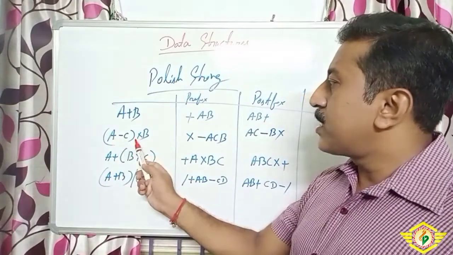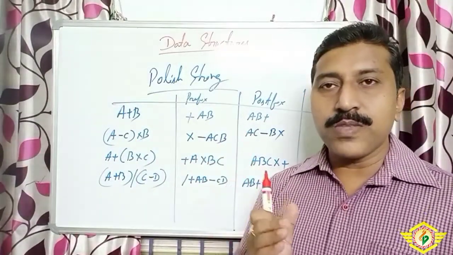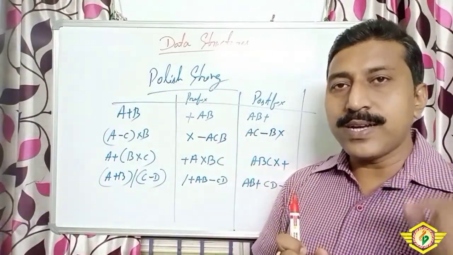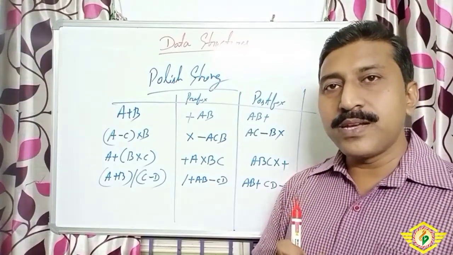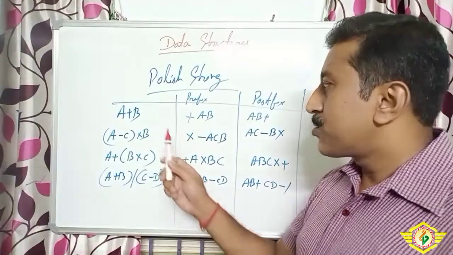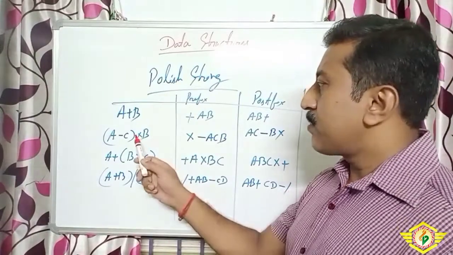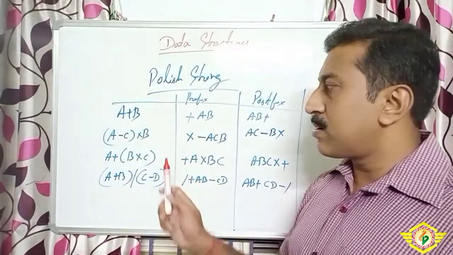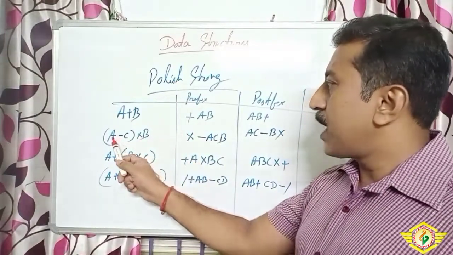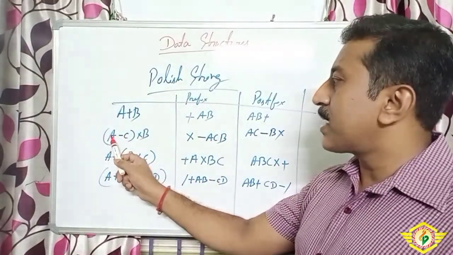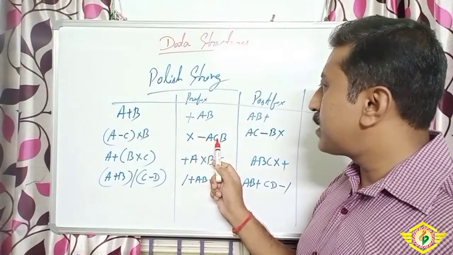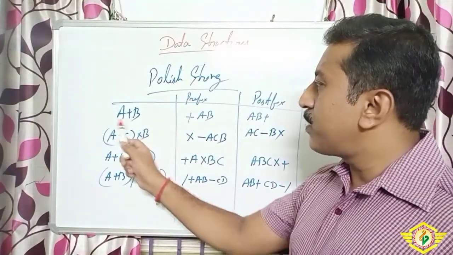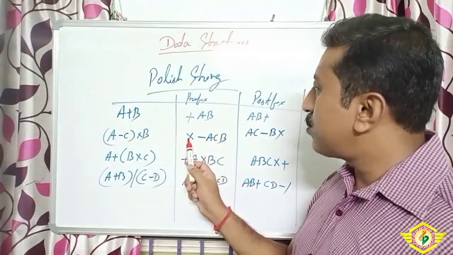A minus c into b. A few rules are there. First multiplication operator, then division, then plus, then minus. Okay, I'll tell you more after this one. Here it is a minus c within brackets, so the bracket part should be solved first. A minus c means it should be minus a c. You see minus a c written. Then into b is given. The into will come before, so into came here.